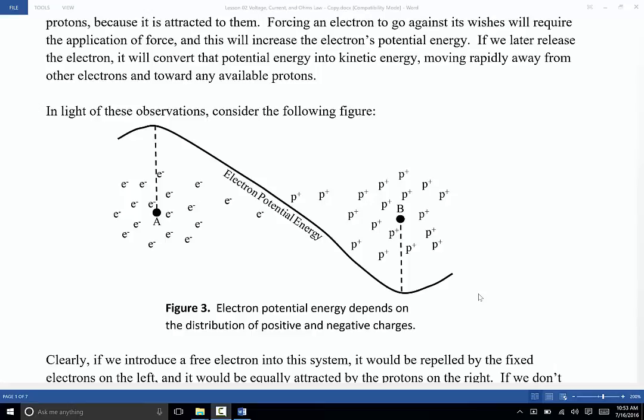We can think about it first as being repelled by electrons and attracted by protons, or second, we can think of it as going to the place of lowest potential energy. Imagine if I put an electron here at a point of very high potential energy at point A, it would naturally flow down to a point B, which is at lower potential energy. Very important to remember because that's going to ultimately be the foundation of Ohm's law, that a voltage difference will